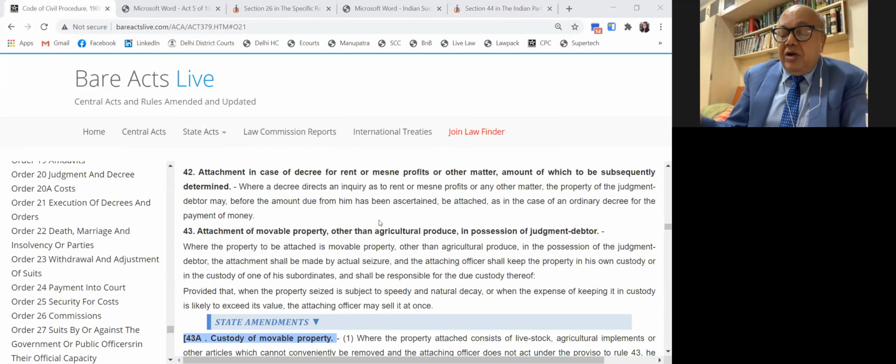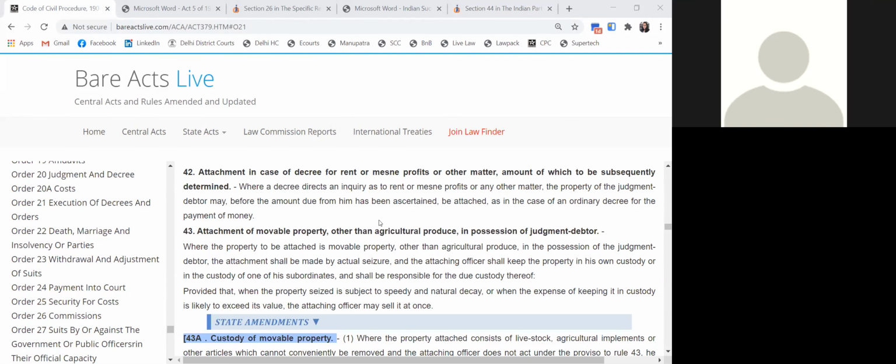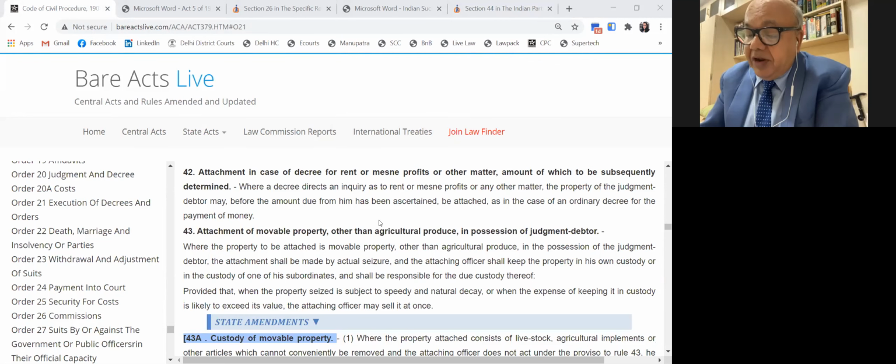Now, one of the modes of execution you have learned under the provisions of the CPC is attachment of a decree for rent and mesne profits or other matters to be subsequently determined. The court has power. This is one of the modes of attachment. Now, what are the various modes of attachment, the execution, that you have learned under the provisions of